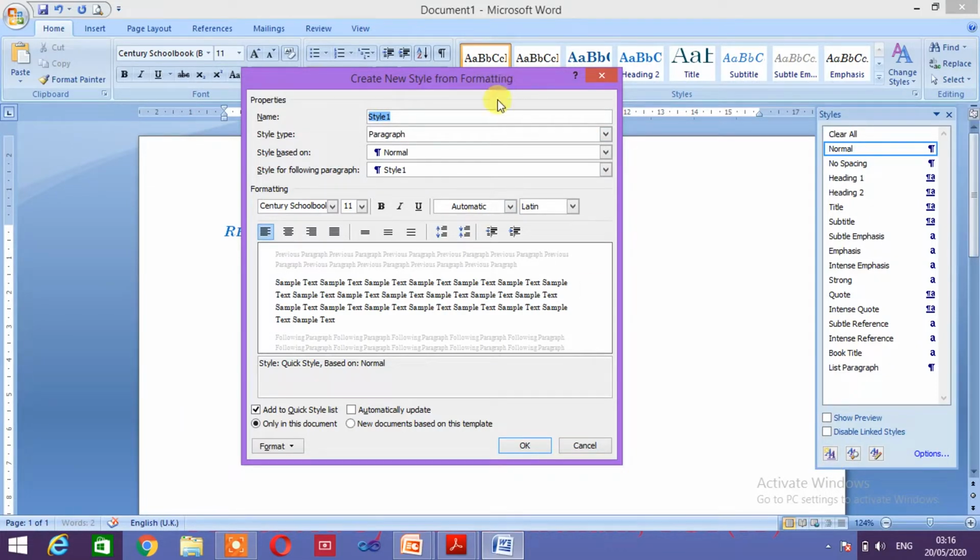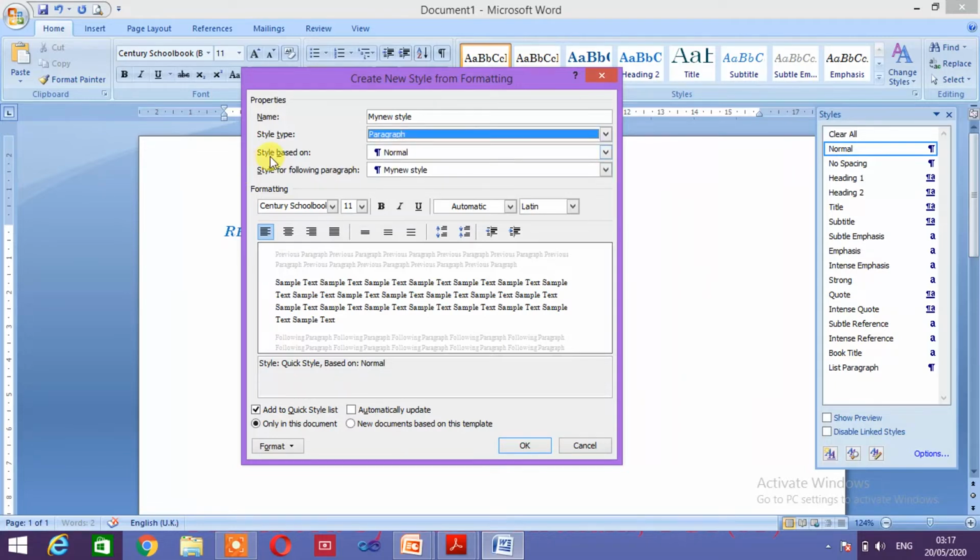In this dialog box you can see the style name, style type, style based on, the different boxes are given there. Here you can put the style name, like I want to give my new style, and then style type on which you want to apply the style, on the paragraph, on the character, or both, or table or list. So they are the 5 kind of styles: paragraph, character, linked, table and list. I want to apply on paragraph, so that's why I will click on paragraph.